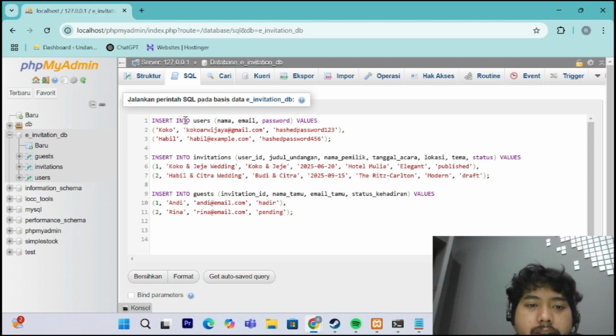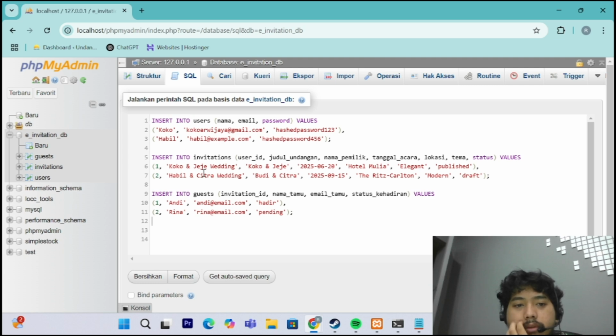I insert into user, for the users of our application, Coco and Habil, and then I make data for the invitation table, which has some details on the wedding, like the name of the owner, the date, the location, the time, and the last data is the guest. I had some error in this line, but it's already done.